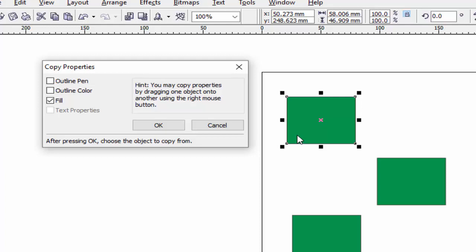If you want to copy the fill color, outline color or outline pen of the selected object to another object, then you can use this copy property.